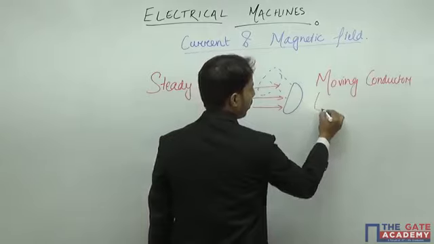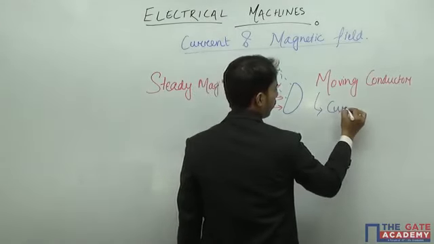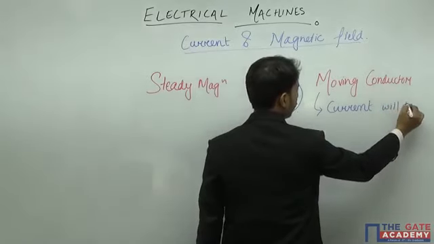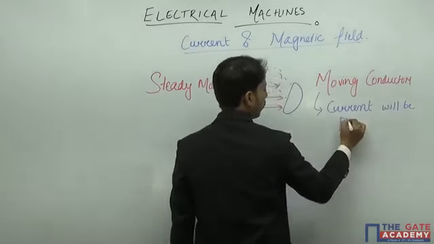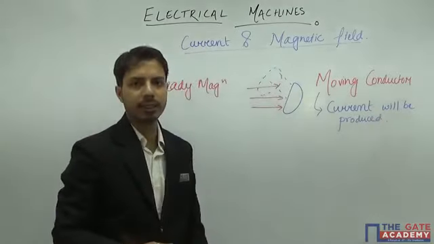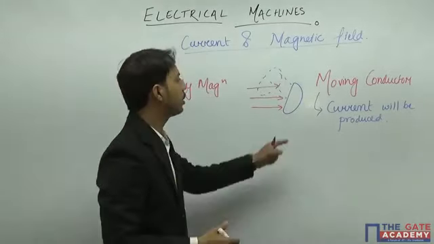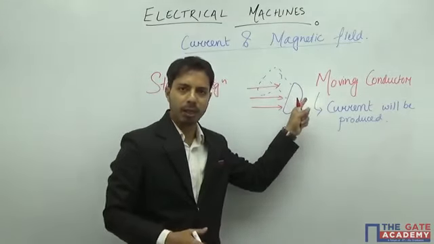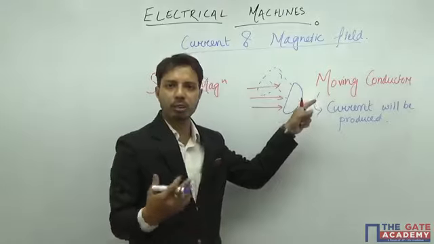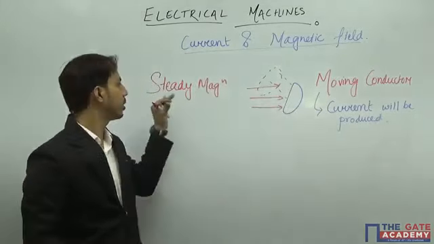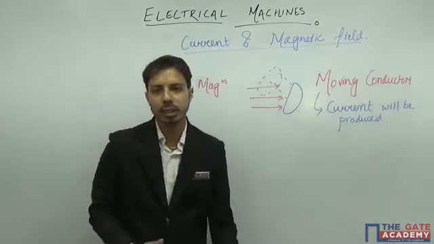Current will be produced. So this is what he has seen or experimented. What he did is, he had a conductor loop, and there he connected an ammeter, and in that ammeter there was deflection whenever he was moving this conductor in a particular steady magnetic field. Similarly,